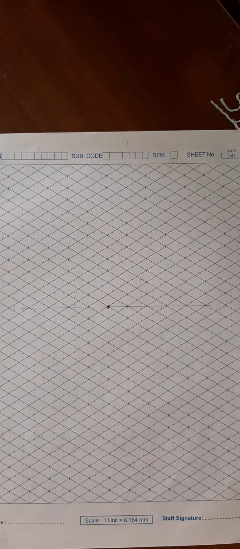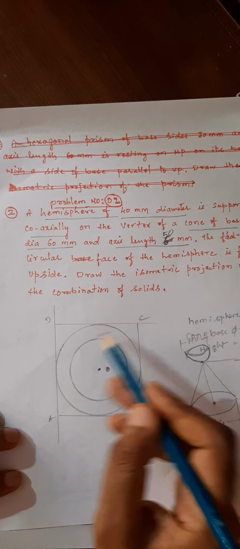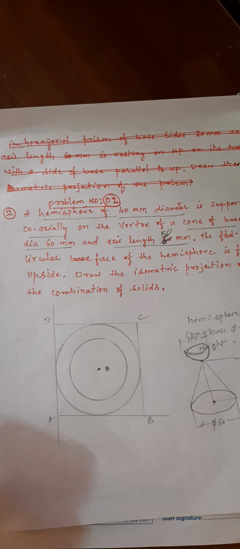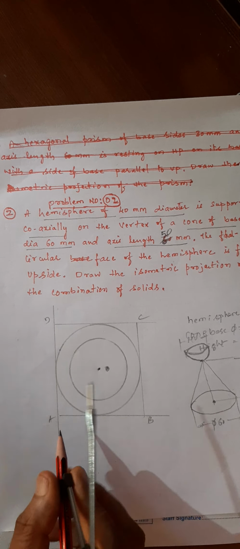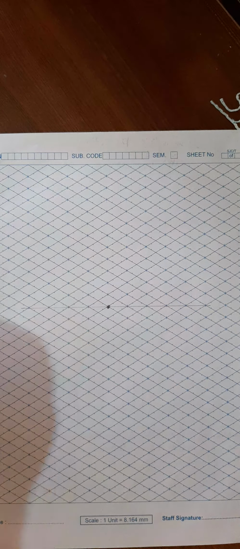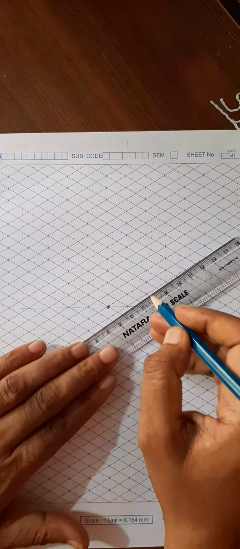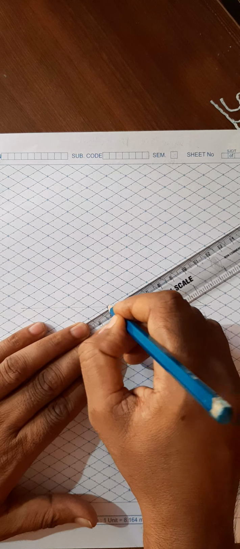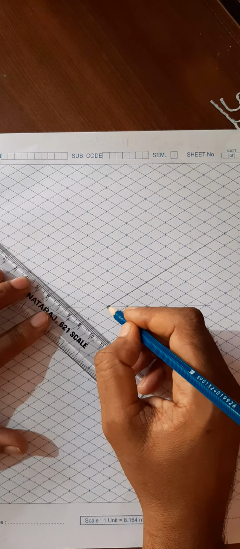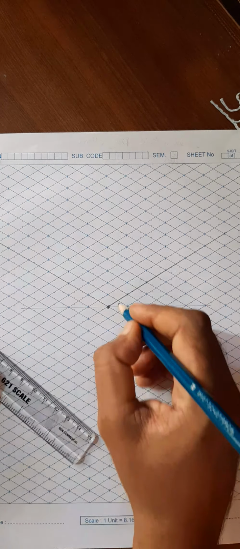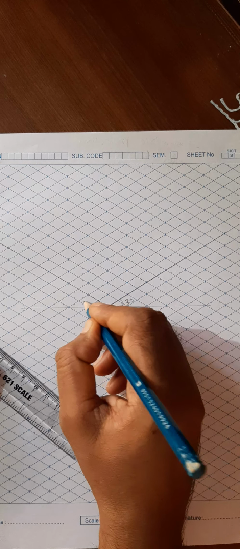Now see, the isometric projection of the square becomes a parallelogram in the top view. First we measure this, so I will fix the point A here. Now see, this is A, and measure AB. So first draw the isometric axes, which are inclined at 30 degrees. Now see, this is 30 degrees and this is 30 degrees.